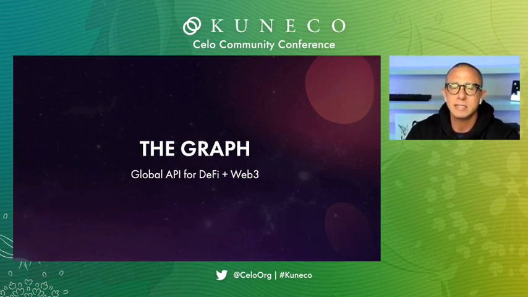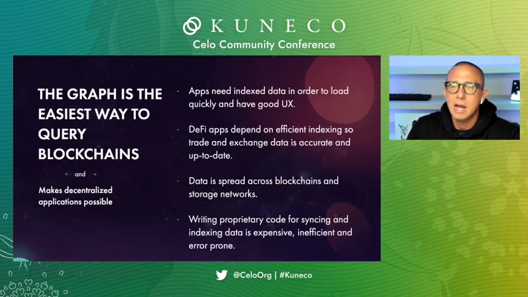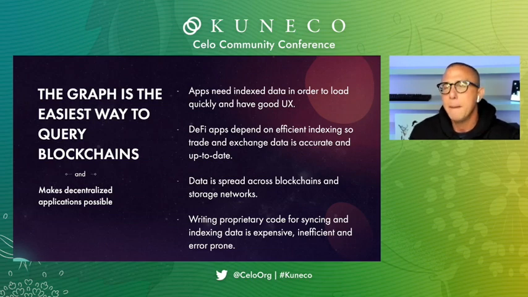And the graph could be elevator pitched as a global API for DeFi and Web3 data. Often people talk about it as the easiest way to query blockchain data. So if you think about the architecture of a traditional Web2 app, you typically have this data layer that's a combination of an API endpoint as well as some data source. And this works really well for databases, servers, serverless functions. All of these things are very established in this old school infrastructure that we're used to working with